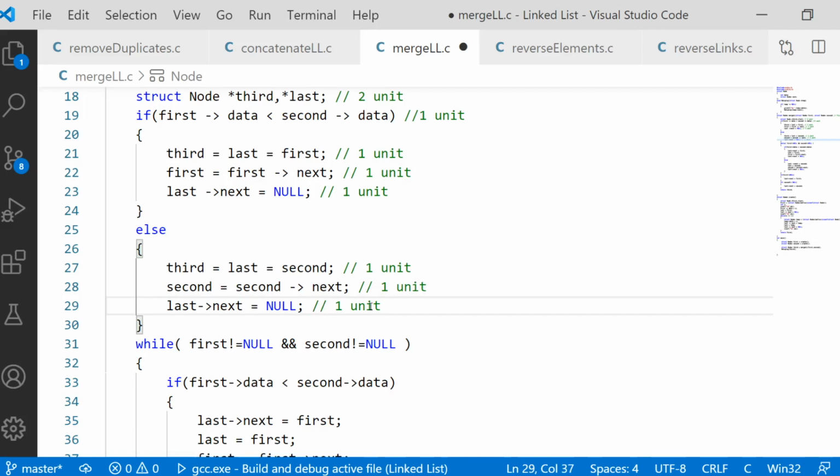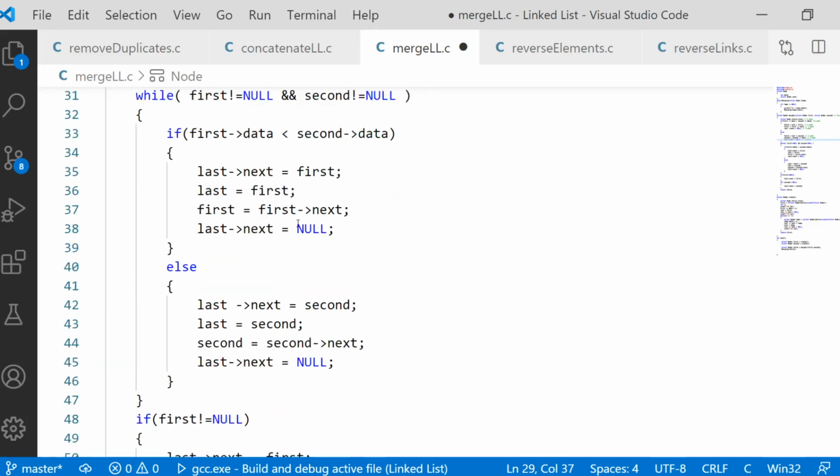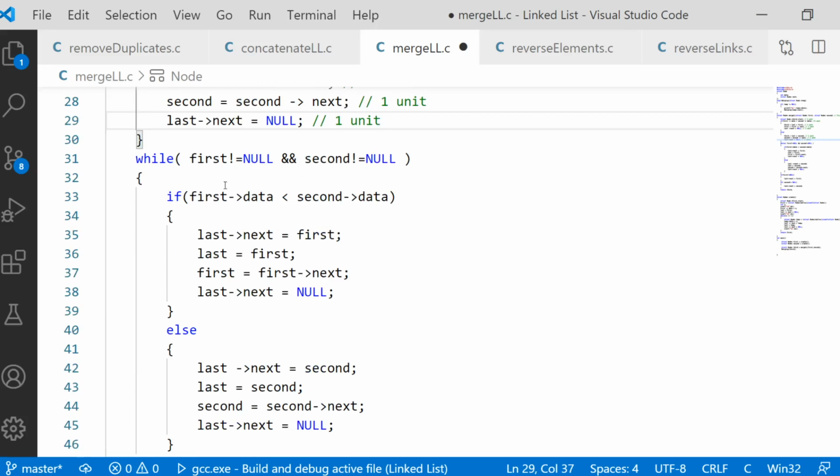But if you see logically, either the if condition or the else condition will be working. Take whichever part has the highest unit time, because we want to go for the worst case. So check the maximum time, whether the if or the else part will be working. Don't take both, take any one part which is going to be larger, the one taking more unit time, either if or else.